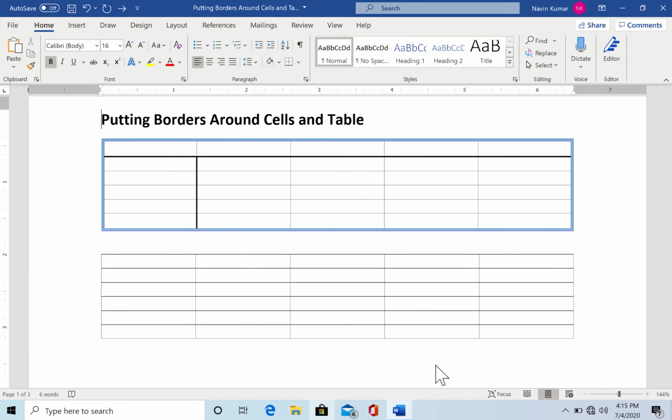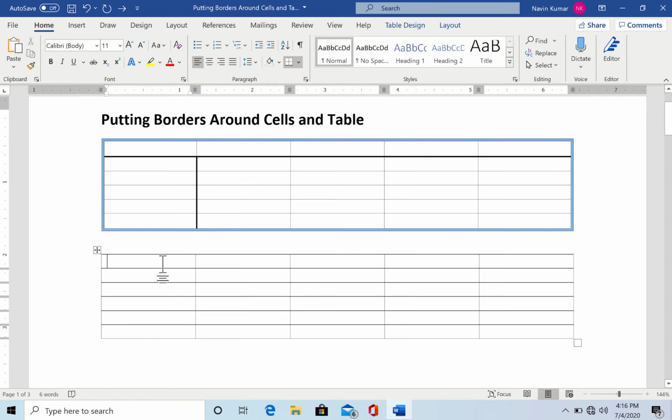When you create a table, it already has borders around its cells. You can change the style, thickness, and color of borders, and Word provides tools for doing that. You can modify the borders in a table using 3 methods. I will explain these methods by changing the borders in this table so that they look like borders in the table above. So here we go.